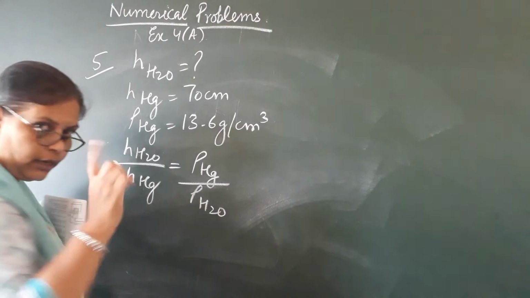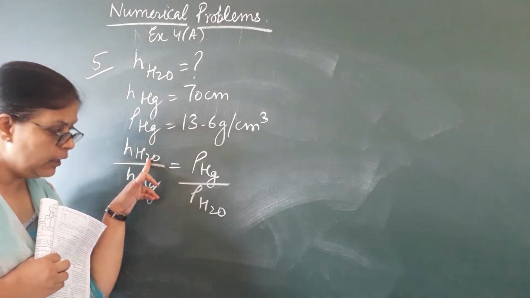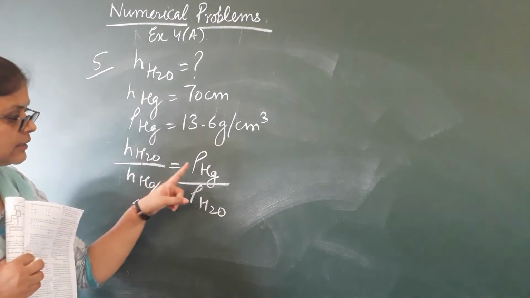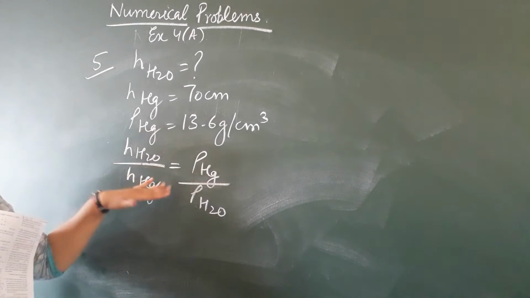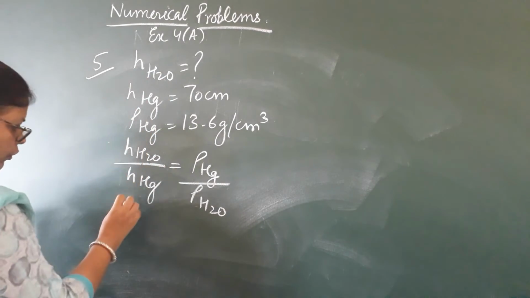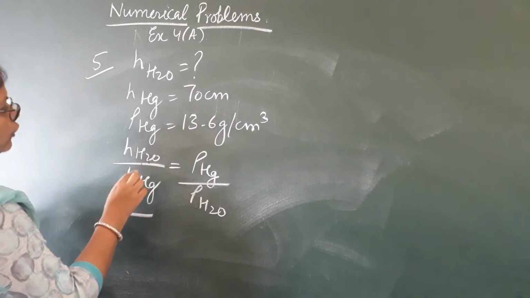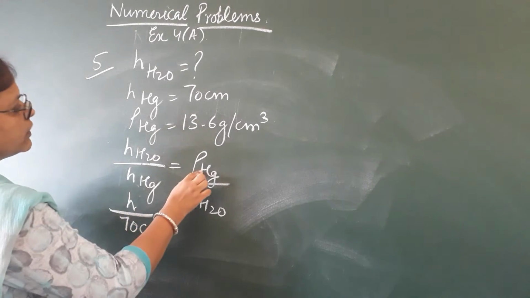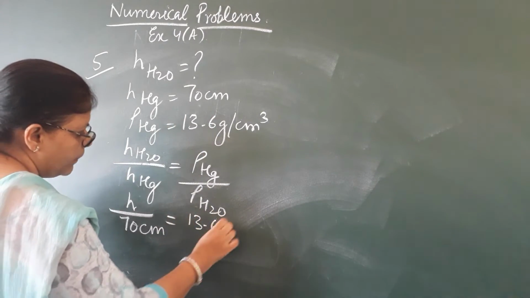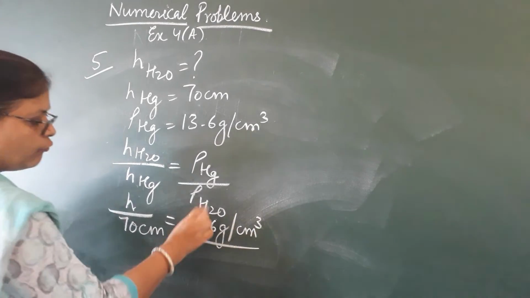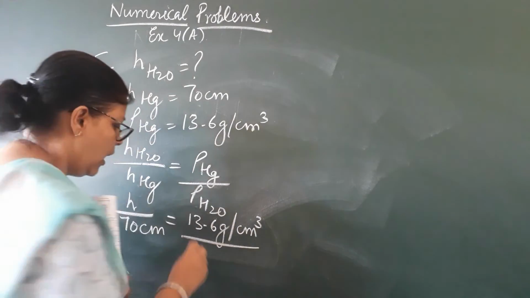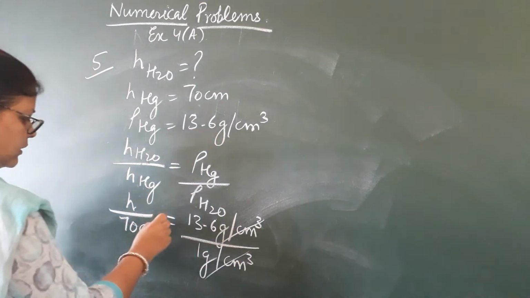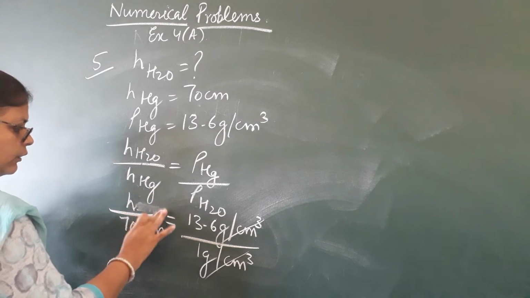See, remember this very carefully. If you are taking water height up, you will take density water down. It is inverse. So we will say height of water upon height of mercury is density of mercury upon density of water. Now let's substitute the values. What is the density of water? We don't know. Let us keep it as H. What is the height of mercury? Height of water we don't know. Height of mercury is 70 centimeters is equal to, what is density of mercury? 13.6 gram per cubic centimeters. And the density of water is not given, but we know the value. It is 1 gram per cubic centimeter. I told you you are supposed to learn the value. The units will cancel. Okay, the units will get cancelled, and you are supposed to find out.